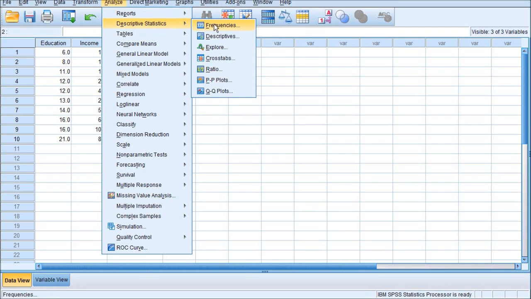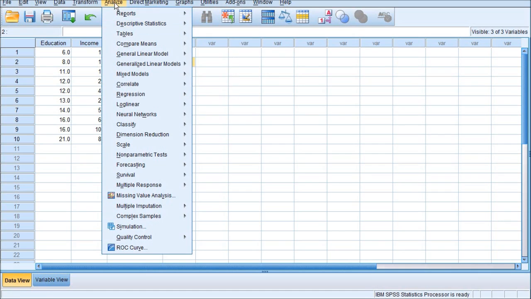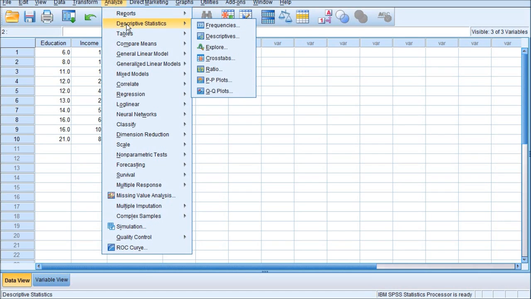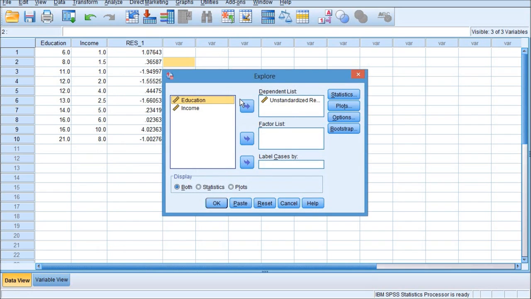In this menu, click this Explore option. Analyze, Descriptive Statistics, and Explore. Click. Okay. Sorry.